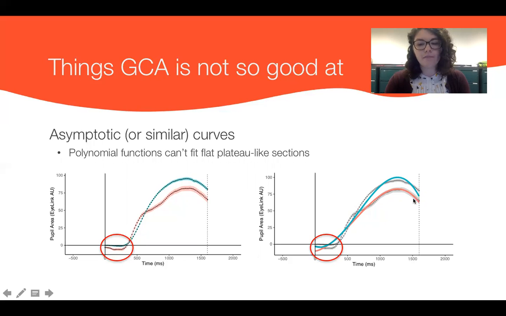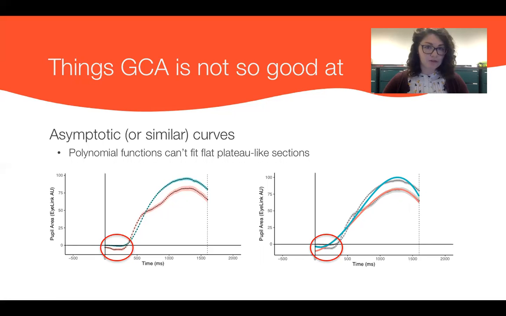And when I fit my polynomial curves to this, we see a fairly good fit on the right side here, but on the left side of my model, it is not fitting very well to the actual data. This is something where you can determine as a researcher whether it's theoretically important for it to fit here. So for example, for the pupil response, there's a delay in the pupil response. So maybe we don't care about that,